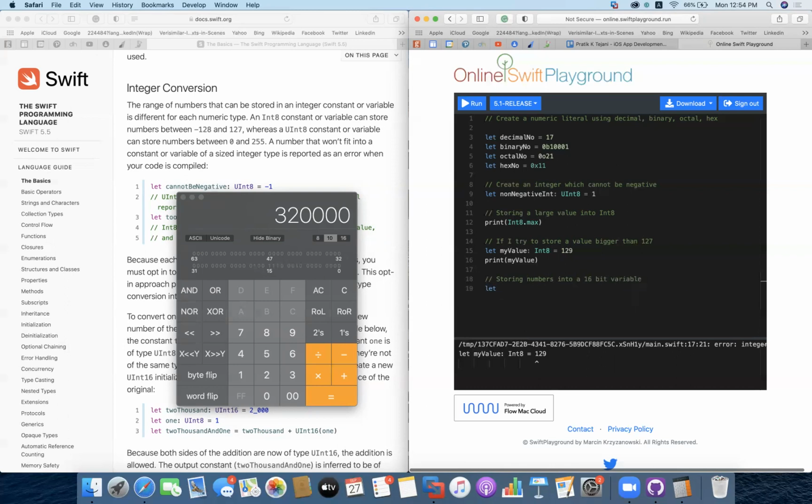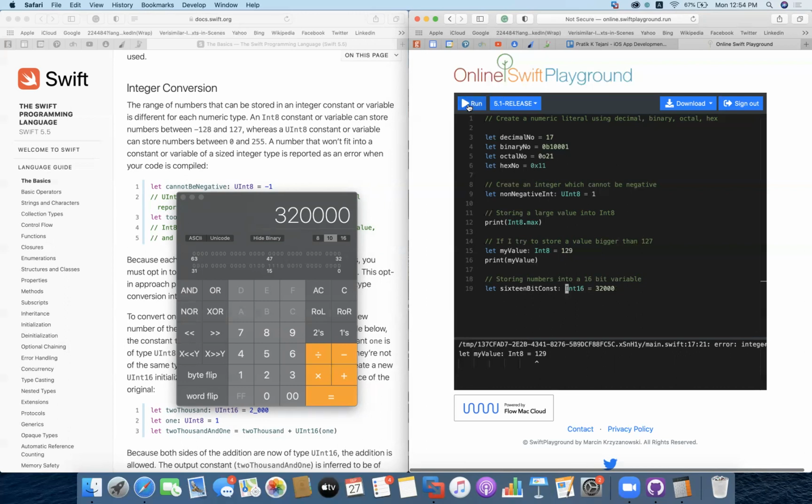So if I say this is going to be my 16-bit variable, 16-bit constant. I'm going to define it. It's going to be Int16. And if I store something like 32,000 in it, I can also define it as UInt16.